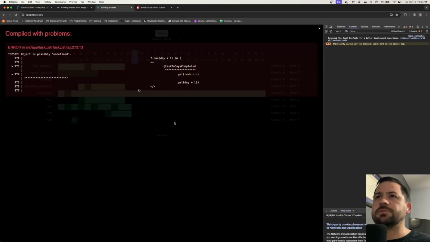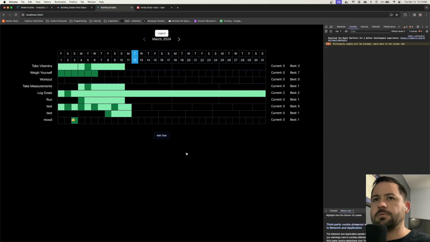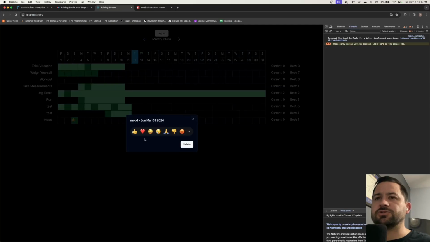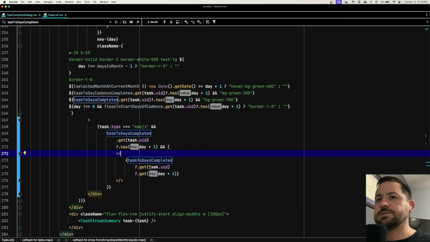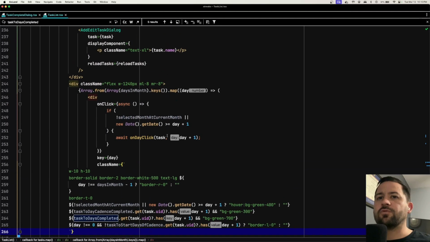Task days completed is possibly undefined. Okay. I guess we're going to try that. Oh, there we go. Is that actually true? Let's see if we put a smiley. Nice. That's really cool. Okay. So that's good news. What we want to do also then, when we're formatting this,